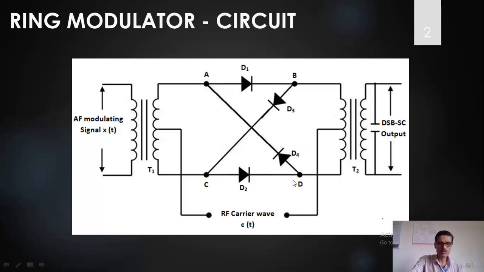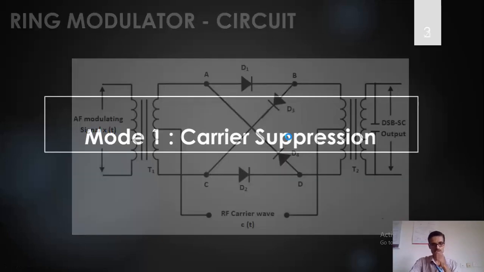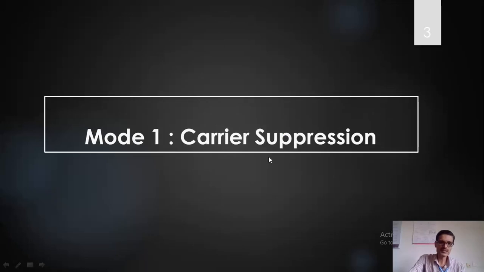Now what I'm going to explain in this video is the working of this particular circuit in the absence of the message signal. That means if I apply only the carrier signal, how will it be eliminated, and in the SB-SC output, whether the carrier appears or doesn't appear. If it doesn't appear, what is the reason? That we will understand, and then I'll explain along with the message signal how the modulation happens. So how the carrier is suppressed, we will understand first.